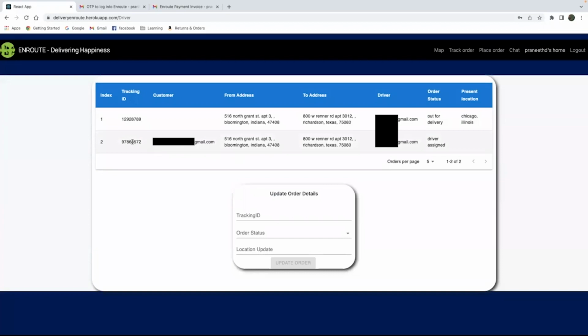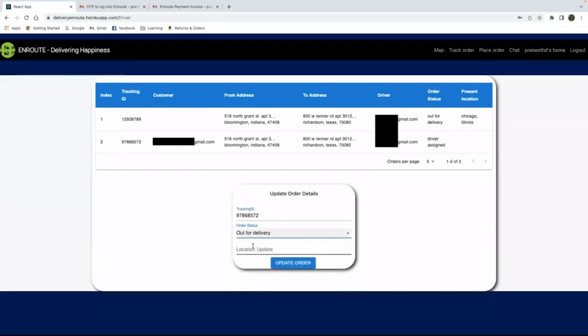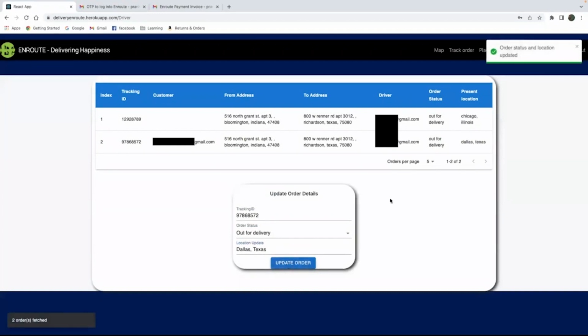Now let's say you want to update the present status of the order. We'll keep the tracking ID here, and let's say it is in transit, or let's say it is out for delivery. And let's say it is in Dallas, Texas, as it is going from Bloomington to Dallas, Richardson. Let's say the order is in Dallas, Texas, and update the order details. The order details have been updated to Dallas, Texas,